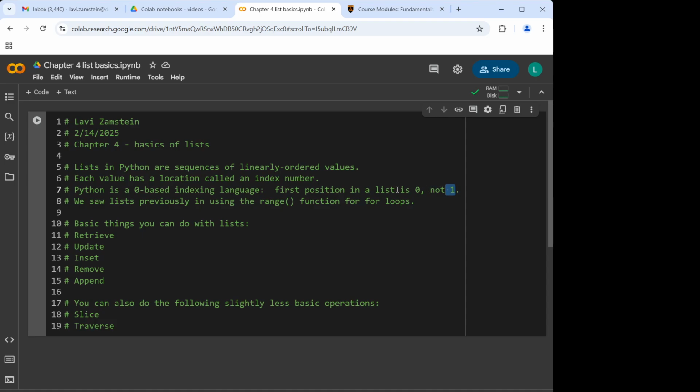Many computer programming languages have zero-based indexing. MATLAB is a language that has a 1-based index, where the first one is 1, but Python and in fact most languages you'll be using are 0-based. We did see lists previously using the range function for for loops, so we're going to be going through basic